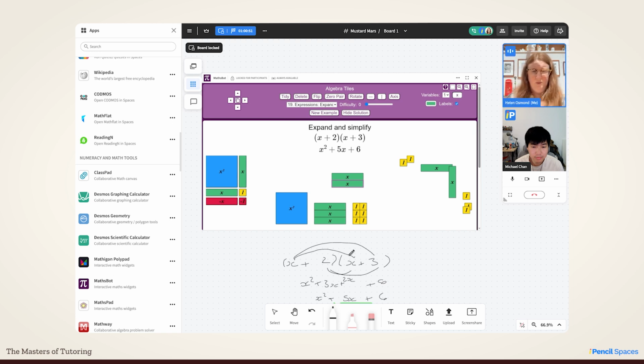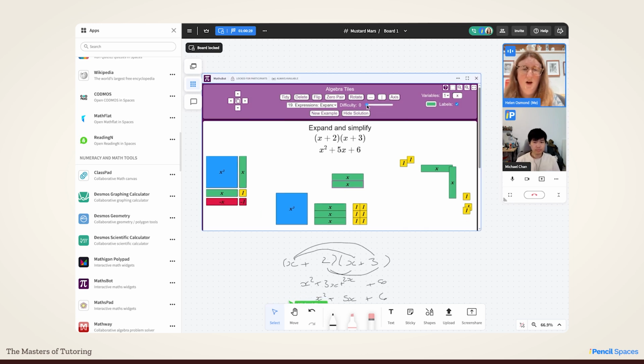Once I know how the method works, I can just write it out underneath, but I've got the manipulative here. And again, it's all in the board. I don't have to switch between 2 different tabs to be able to do this. This board is here, and I can write around it as I need to. This tool particularly has got a really useful thing that if I had, for